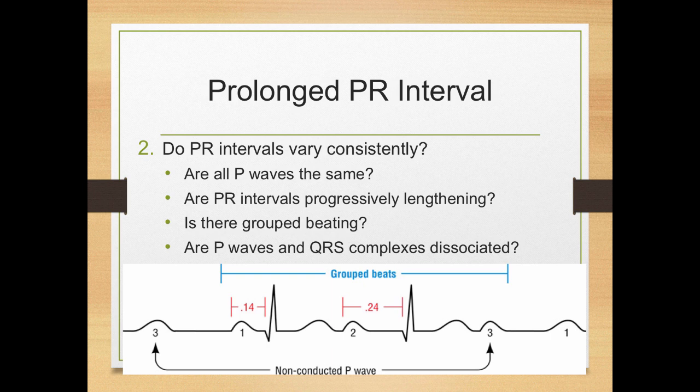If you said a second degree type 1, well, then you got it. If you said a fifth degree, well, then you just made something up. But second degree type 1, a Mobitz 1, Wenckebach, lots of names for it, but second degree type 1 AV block has these lengthening PR intervals